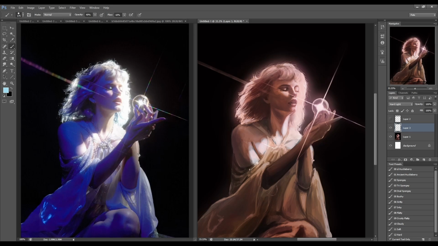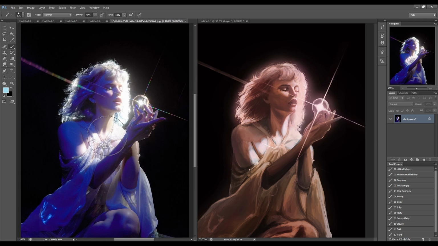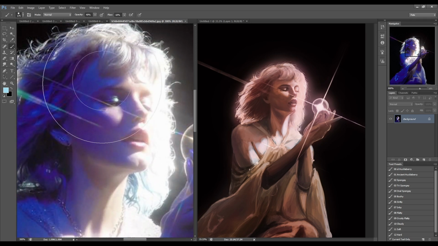The other contrast I'm seeing in here is in the shadow area, where we have this really cool interplay between the purples and blues.